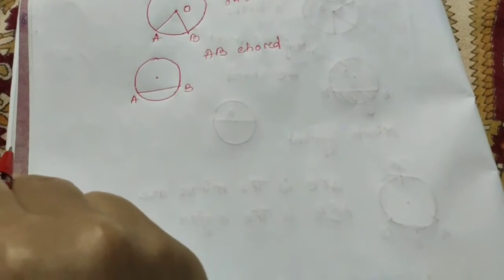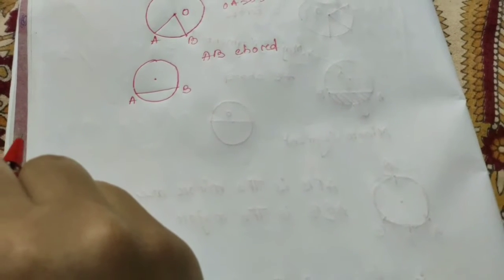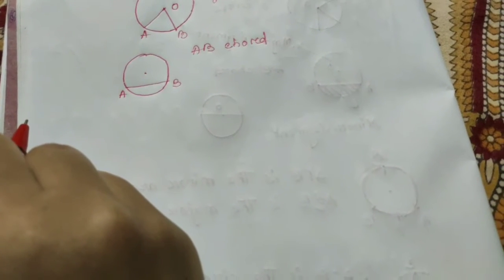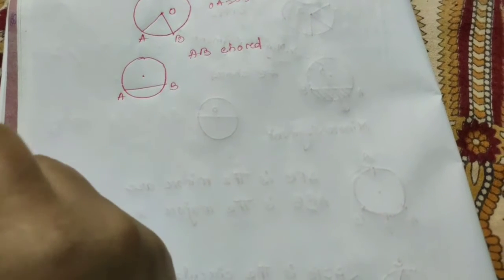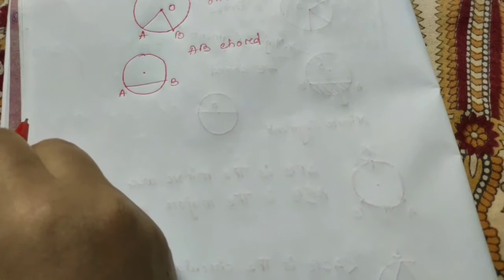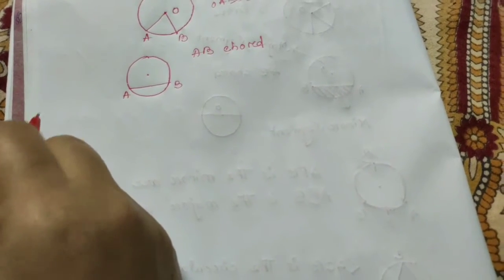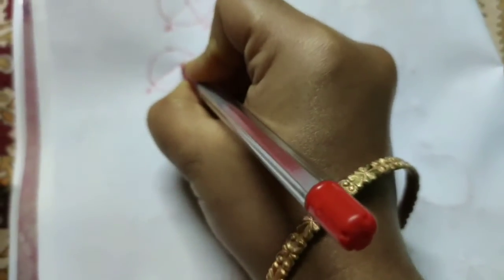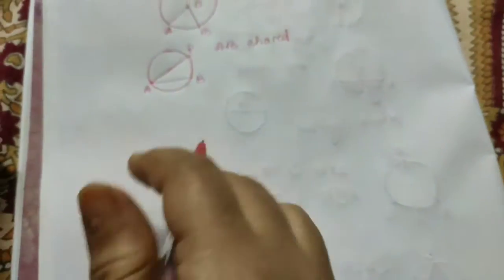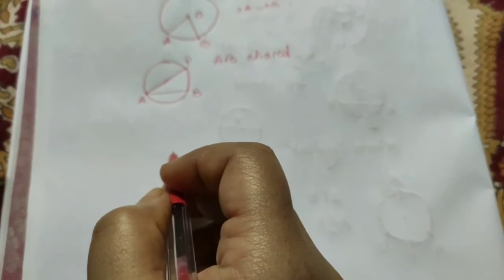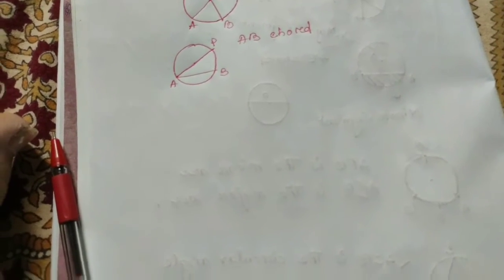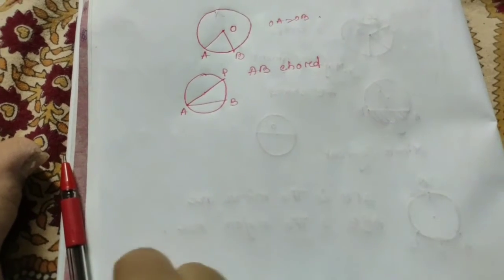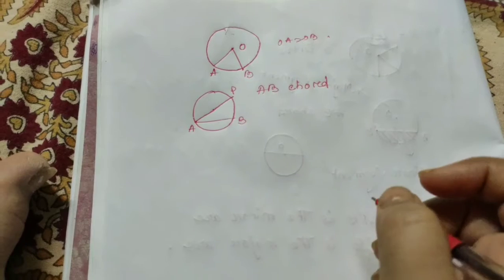The line segment may pass through the point O or the center. Then the straight line is known by a special name, diameter. If a line passes through the center of the circle, suppose AP is the diameter of the circle. This one is the longest chord of a circle. The longest chord of a circle is the diameter.